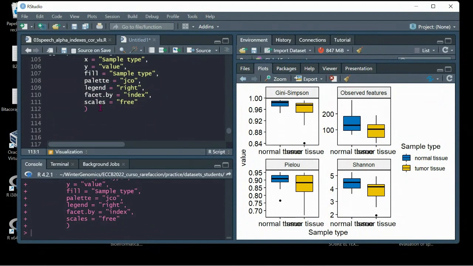Scales, the meaning of scales is see or watch. The plots in this box have the same size, but here in this part we have different numbers. Scales just adjust the size of the box plot, not in dependence of the numbers. Okay,